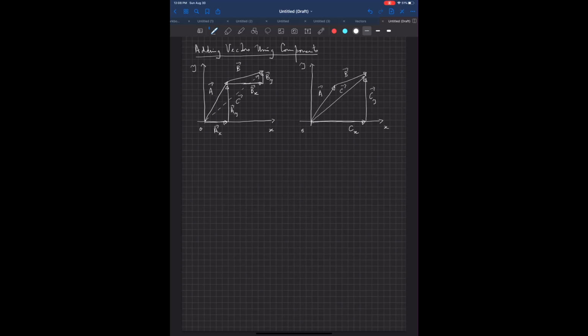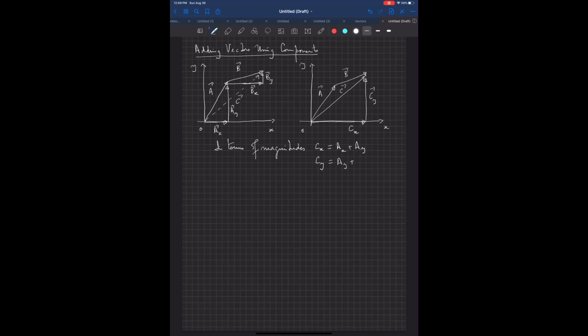And you can see immediately that in terms of magnitudes,